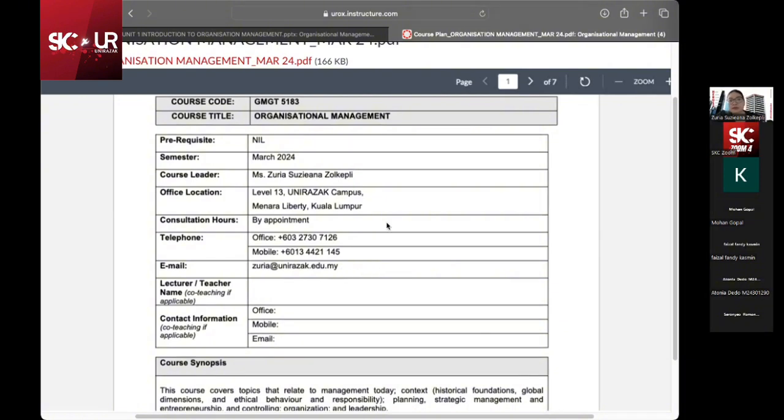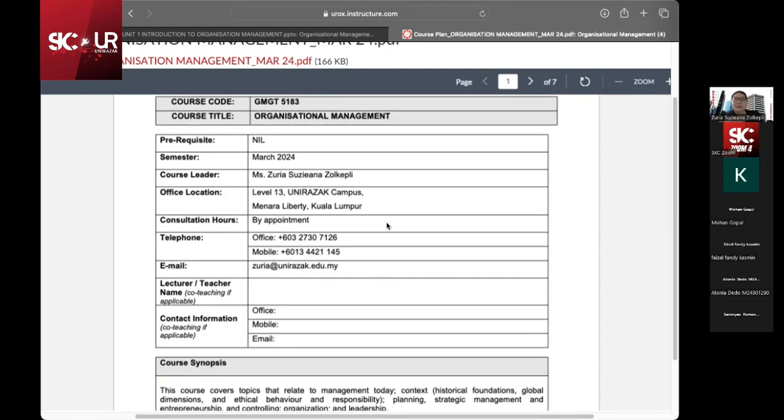This course plan is very important. I'm giving you information about other subjects as well. If you would like to find information about a certain subject, just go to the course plan. Because we have prepared a very comprehensive document for you to refer to, from the course code, the lecturer, the study plan, the topics, everything is here in the course plan.